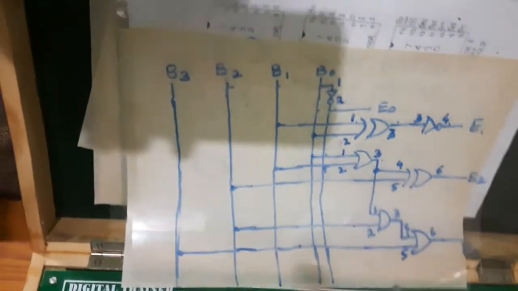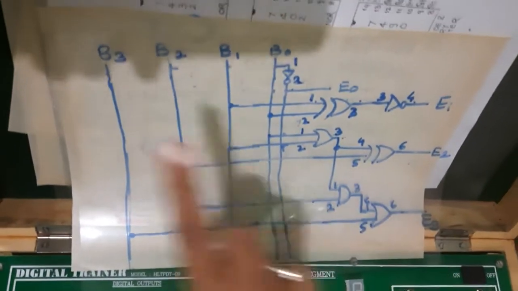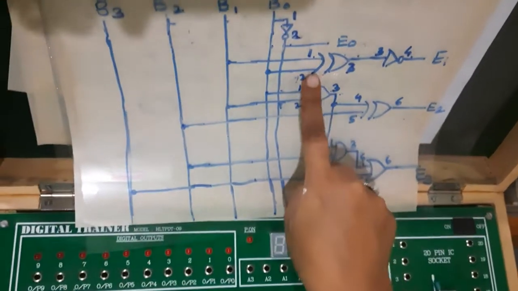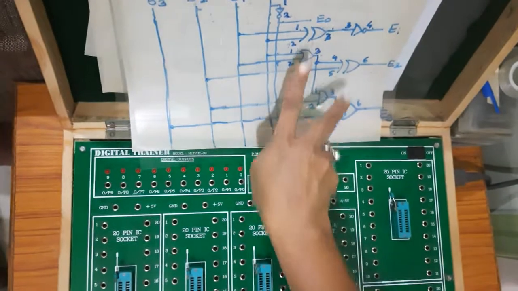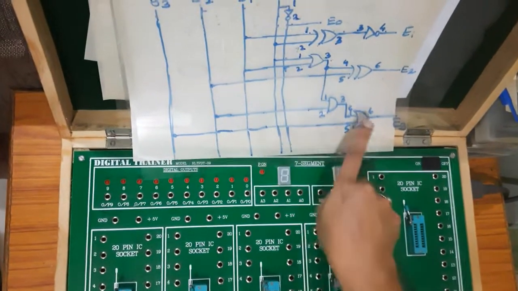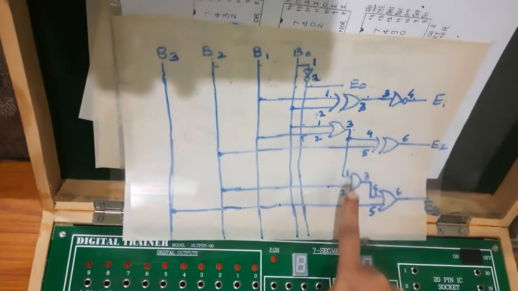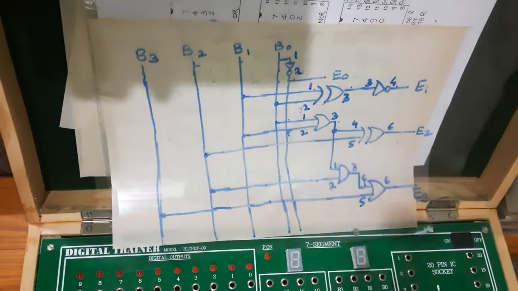So this way we have identified the pin numbers and the gates required for implementation of BCD to XS3, right? I'll need one XOR gate IC, amongst which I'll be using 2 XOR gates, one OR gate IC, 2 gates to be used, one AND gate IC, only one AND gate is to be used, one NOT gate IC, and I'll need only 2 NOT gates.